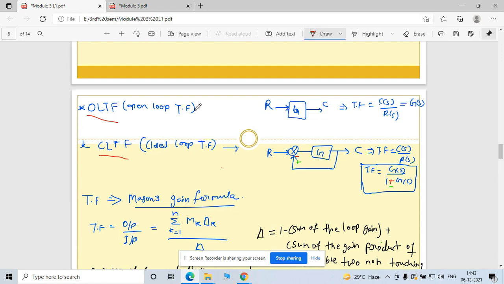When you talk about the open loop transfer function, it looks like this: this is your response, right? And this is the gain of the path, and this is your output. So the transfer function is nothing but your output upon input. You will find some gain, so that is nothing but your transfer function. This transfer function is called an open loop transfer function. Same way, the closed loop transfer function is more sensitive. The response is here, and this is used as your input, right?